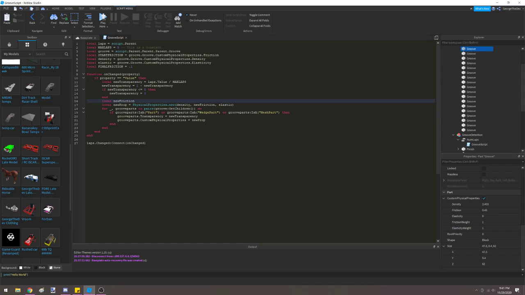So for this, it should be max laps divided by laps dot value. So this is going to be equal to 1. Oh, I forgot the equal sign. Like that. And then we want to multiply that by the change in what our friction is going to be. So we want to do start friction